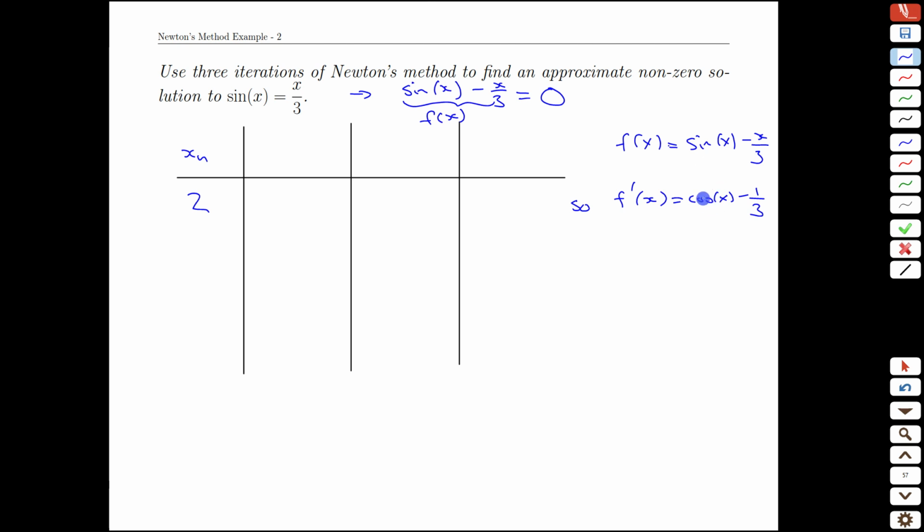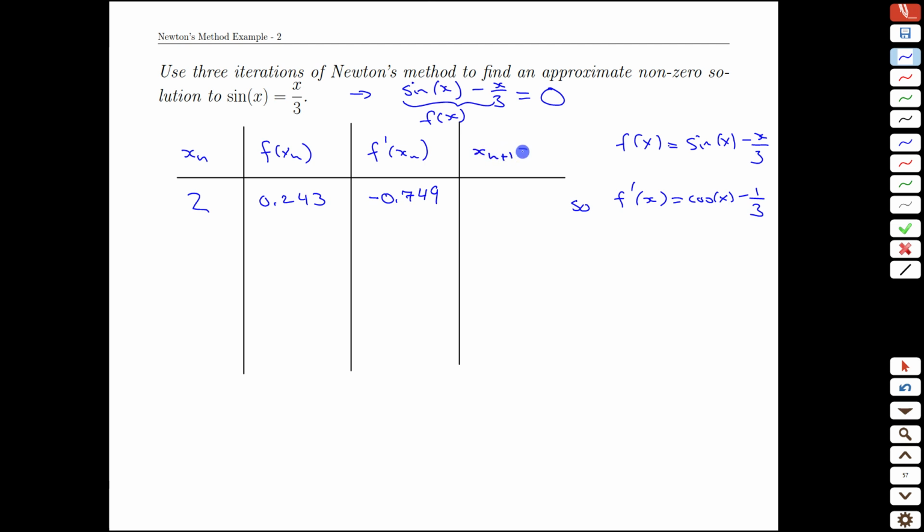Again, as soon as we do the derivative calculations, we're assuming everything's in radians. The sketch we drew assumed everything was in radians, so be careful with that in this kind of numerical method when you're using your calculator a lot. The ingredients that we need for Newton's method are the function value and its derivative. So now we can plug in those values into here. Sine of 2 minus 2/3 is 0.243. We'll keep 3 digits here. Cos of 2 minus 1/3 is negative